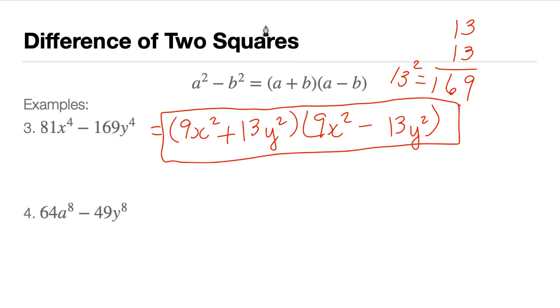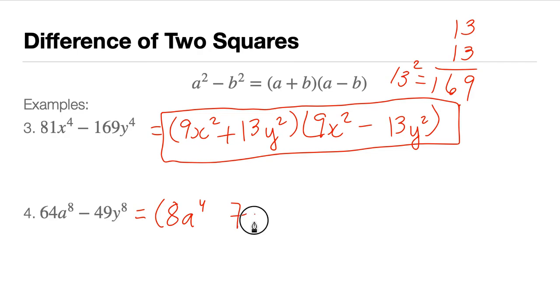Okay, so that's it. 64 is actually 8 squared, 49 is 7 squared, and a to the 8th, the square root of it is a to the fourth. y to the 8th, the square root of it is y to the fourth. So taking these as our two terms, we have 8a to the fourth